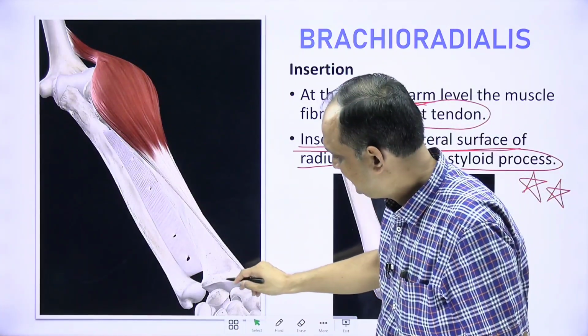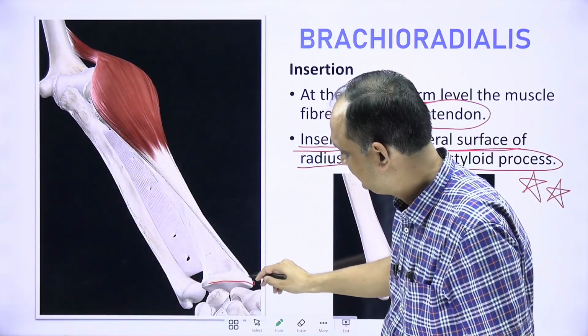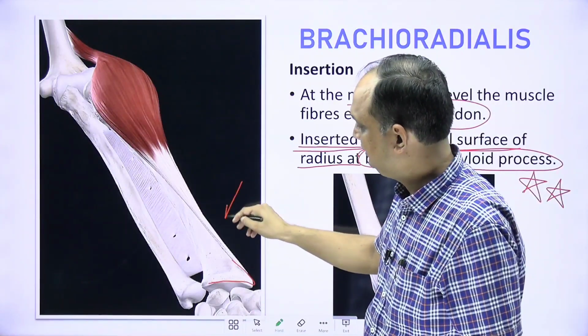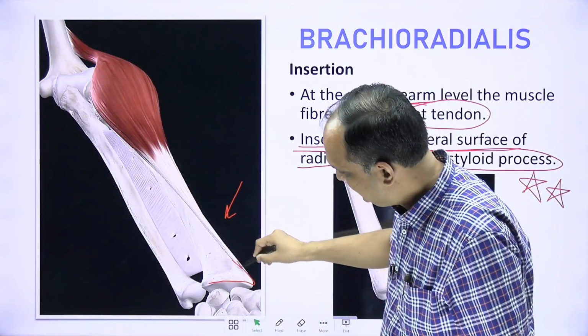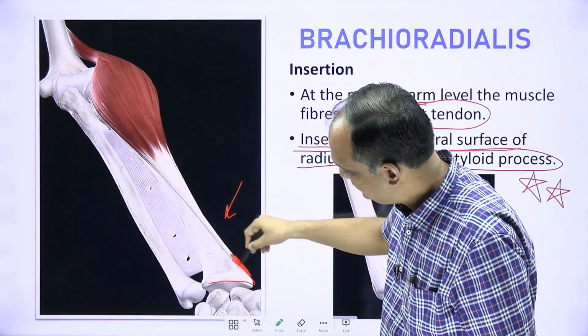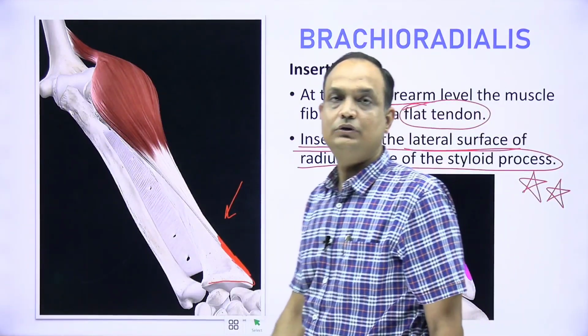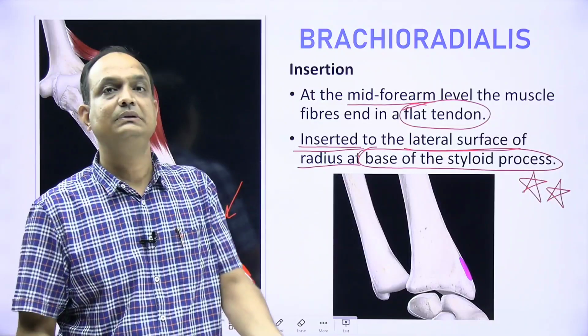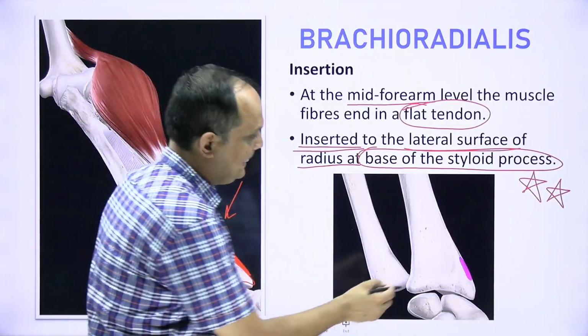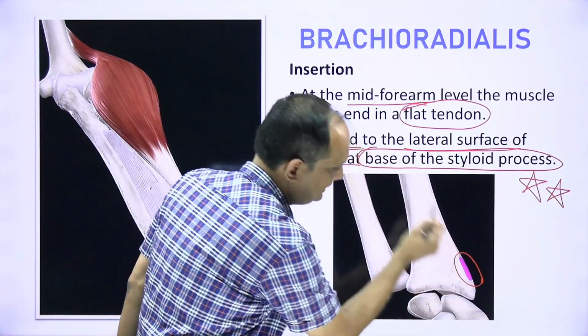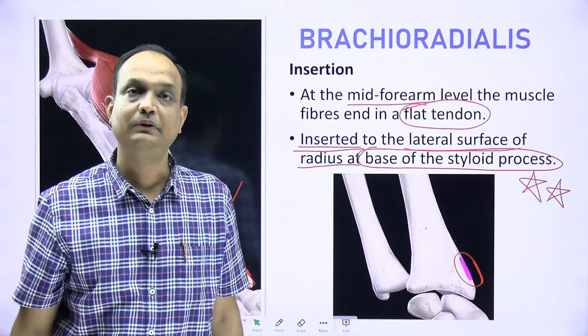Now here you can see that this is the styloid process. Now this is the lateral side of the styloid process. On this lateral side, you have the insertion of the tendon of brachioradialis. So, brachioradialis is a muscle on the lateral aspect and it inserts near the base of the styloid process and